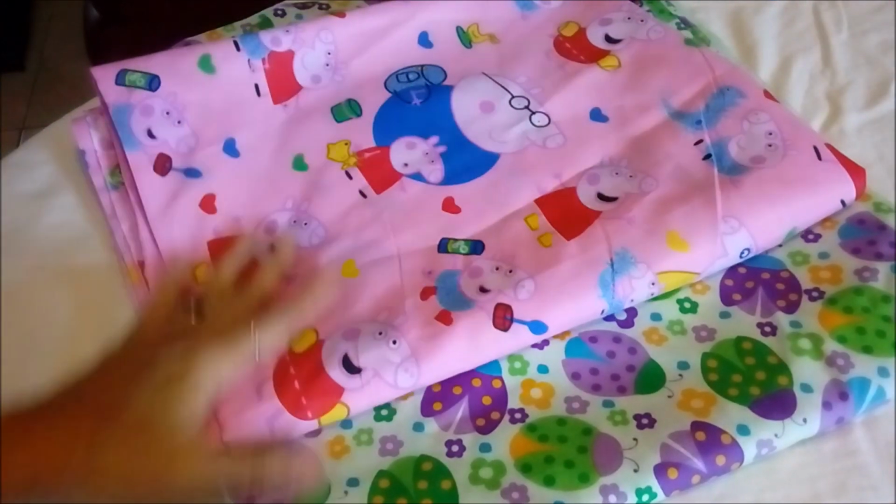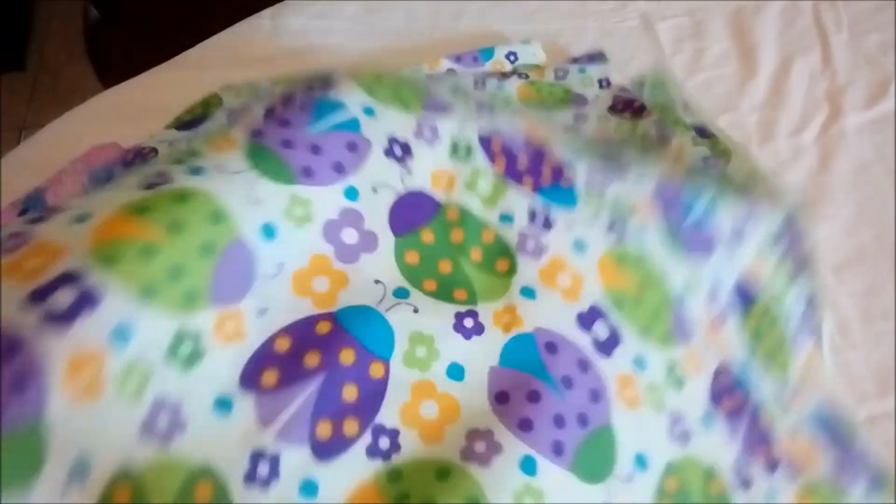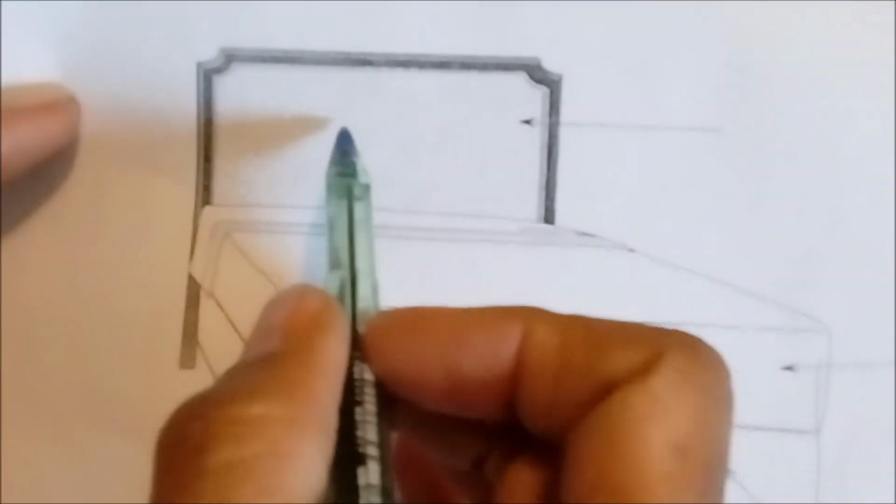Today we are sharing how to make a fitted sheet for a toddler's bed or a crib bed. And these are my choices of fabric. Please refer to my other video that I uploaded already about fitted sheets, and you will see all the information